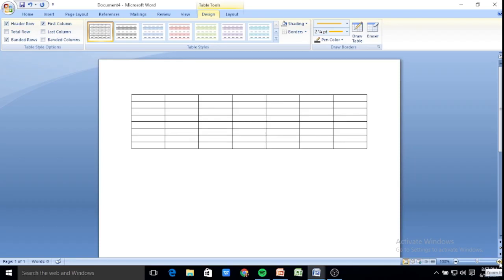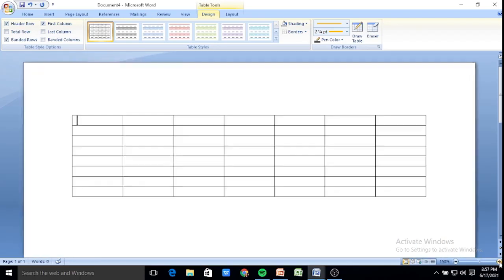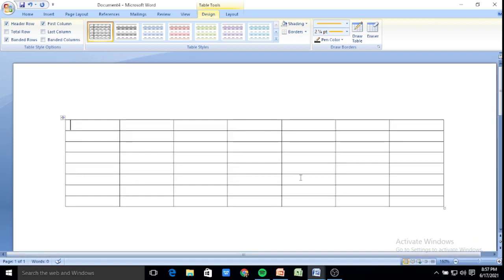Okay, I'll increase the size of the window with the help of the zoom in option. Okay, now we have to learn how to merge the cells, means to combine the cells. We have created a table of 7 columns and 8 rows. Okay, all the vertical lines, they are the rows, and the horizontal lines, they are the columns. So let us select the horizontal lines with the help of the shift and the arrow key. This way I have selected the column. Okay, this is the horizontal line.